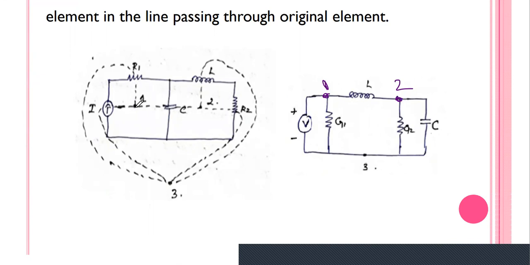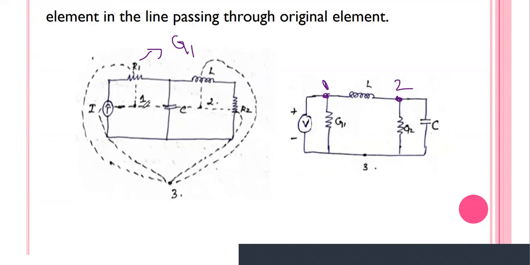Okay, so here you see node 1 is connected with node 3 via the current source. What is the dual element for a current source? Voltage source. So you connect in between node 1 and node 3 one voltage source V. Similarly, node 1 is connected with node 3 via resistor R1. What is the dual element for the resistor R1? It is a conductance G1. The symbol for the conductance is also the resistance symbol only. So you just draw the resistance symbol, but you write G1.